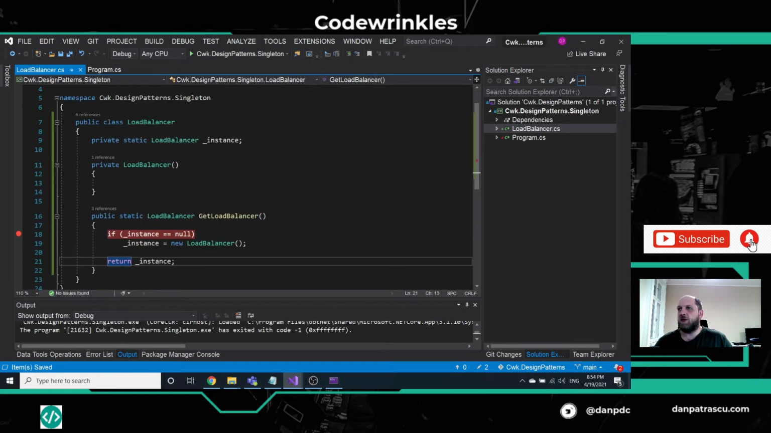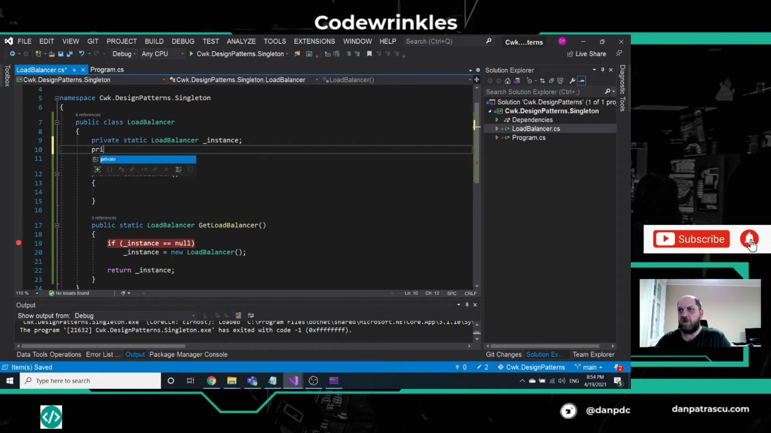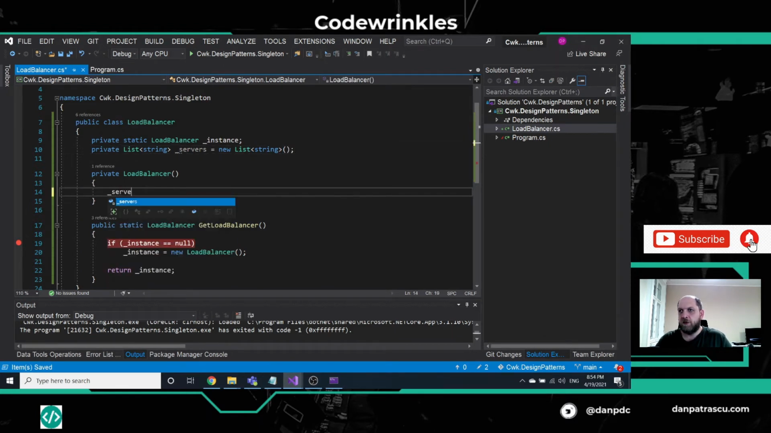And here, what I would like to do is have a private list of string. Let's keep a list of string that would represent our servers. And let's create the list. Now in this constructor, we can add some servers. Add. Let's have here server 1. And let's just